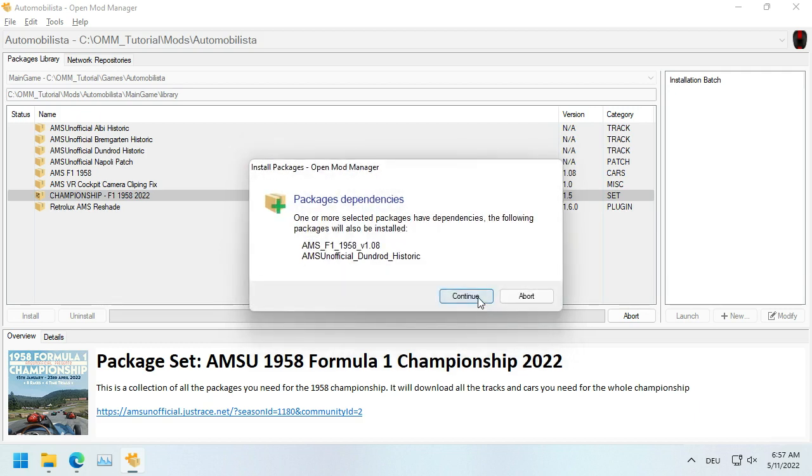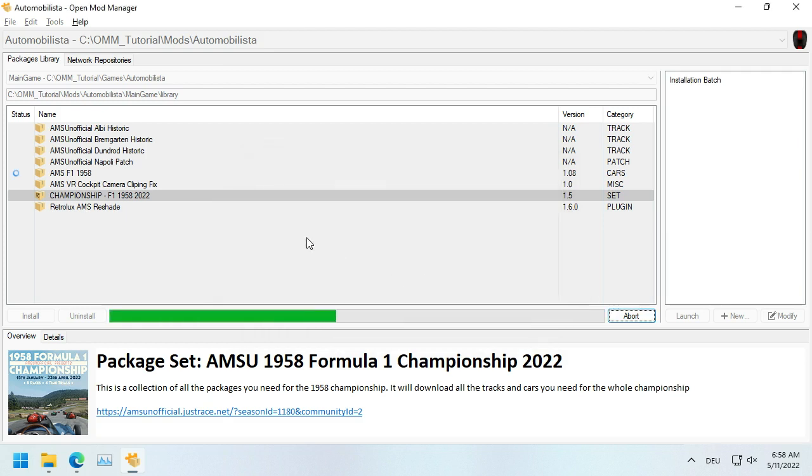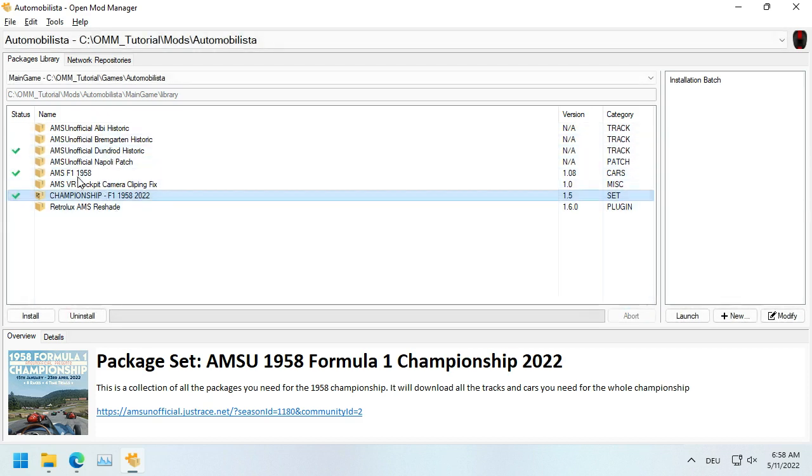I do it, and then it should say which mod it will be installing. So we'll install the Formula 1 1950s mod and the Dunrut historic track. So continue, and then it automatically does everything for us. It installs the cars, and then it follows to install the tracks. And then you see everything is enabled already and in the folder, and you can just start up the game